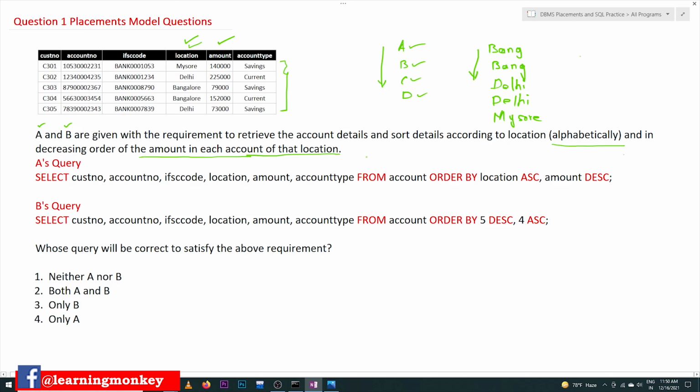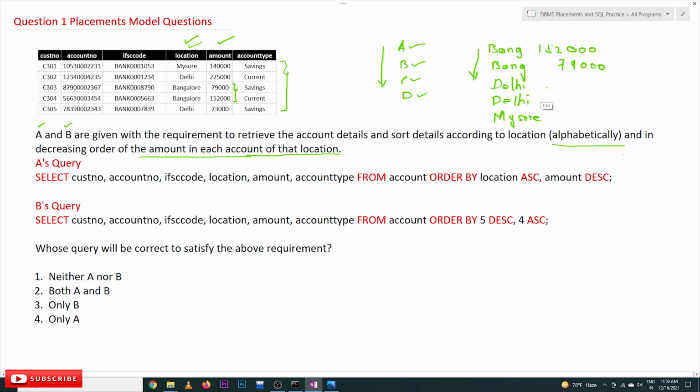The locations are arranged in alphabetic order, and within that location the amounts are in the decreasing order, which means this one has to be on the top, and after that 79,000.